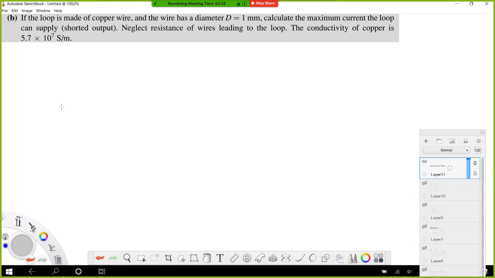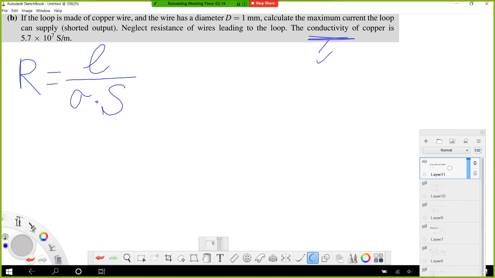The resistance is given as L over sigma multiplied S, where sigma is the conductivity of copper, and length of copper is equal to 2p,